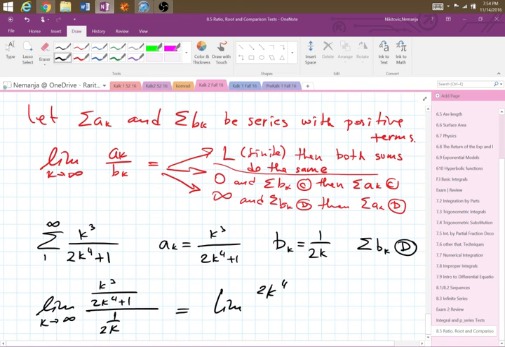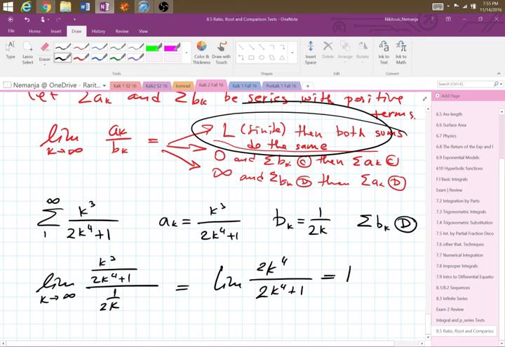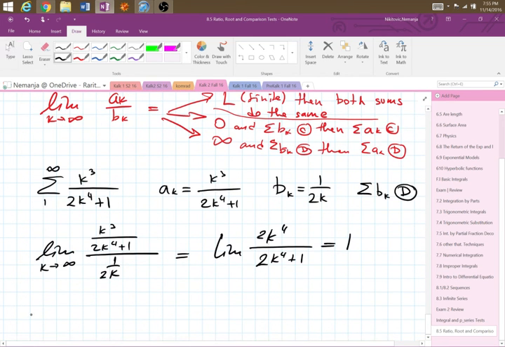So 2k to the fourth divided by 2k to the fourth plus 1. Multiply the two that are close by and put it in the denominator. So now we have this, and when you take this limit, what do you get? You get 1, right? And that falls in the first category here, where the limit is finite. Both series do the same. So answer,